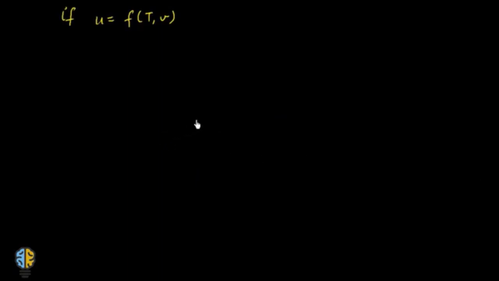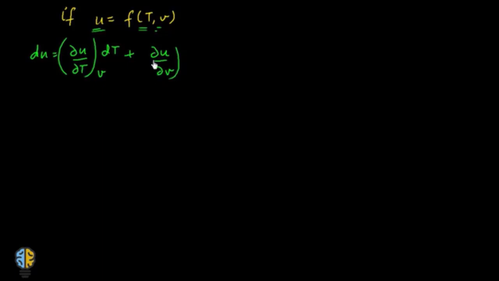Now let's take the discussion forward and see again that U is a function of temperature and volume. So now let's differentiate it again. So you'll have dU is equal to ∂U/∂T at constant volume into dT, plus ∂U/∂V at constant